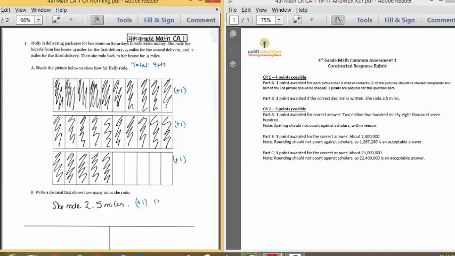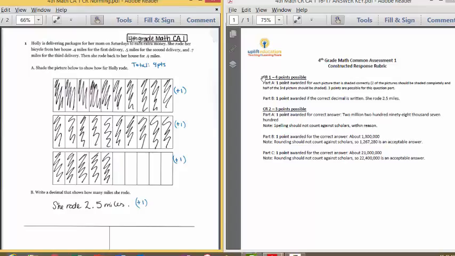To get started, question number 1 asks scholars to take a look at Holly delivering packages for her mom and seeing that she rode her bicycle for a various number of miles. What we would like to see here is scholars show a visual representation of those decimals that are in the problem. As you can see from the constructed response rubric, constructed response question number 1 is worth a total of